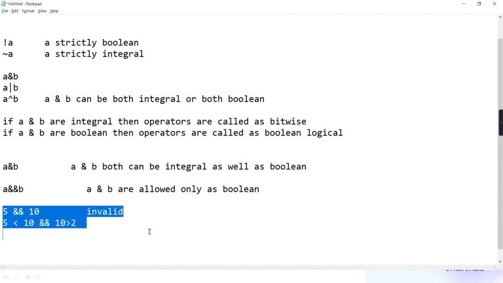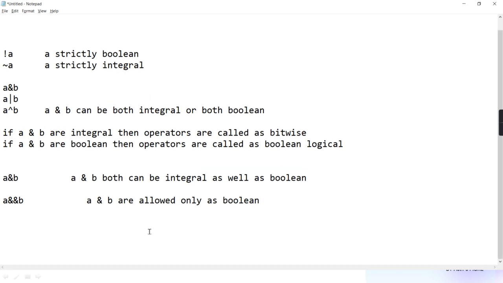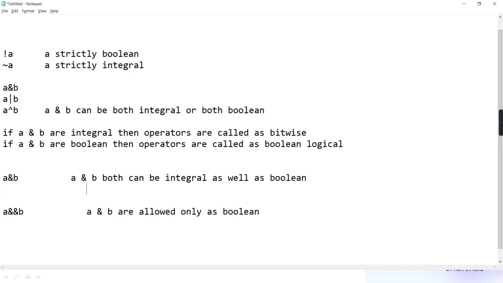Point 1. And the second important point, understand guys: here A and B are fully evaluated, whereas here A and B are short circuit evaluated.